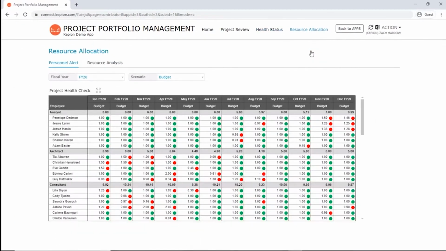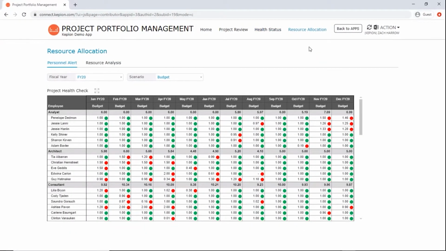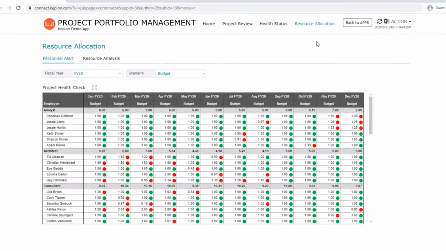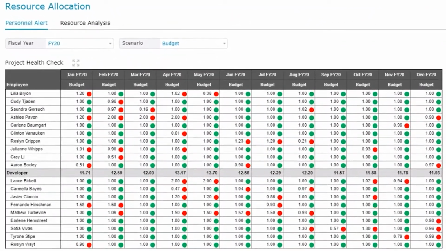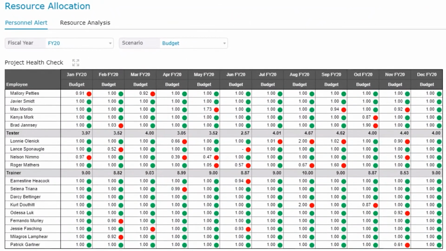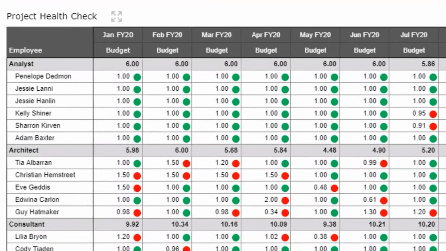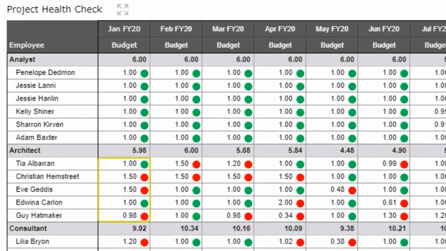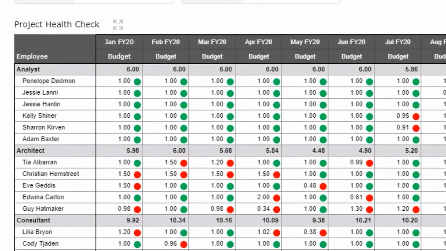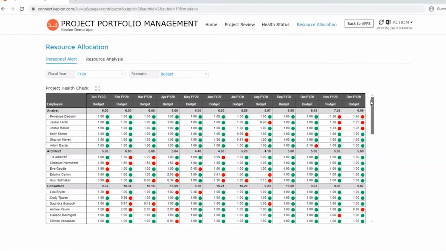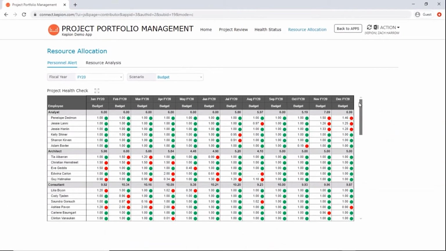Personnel Alert allows users to track all resources assigned FTEs across all portfolios. Ideally, all resources should be fully booked so as to maximize the return of labor cost. If there are red flags, we may need to consider reallocating resources to balance the workload, or hiring more resources to cover the increasing needs. These alerts call out all project-related issues and risks in order to ensure projects stay aligned